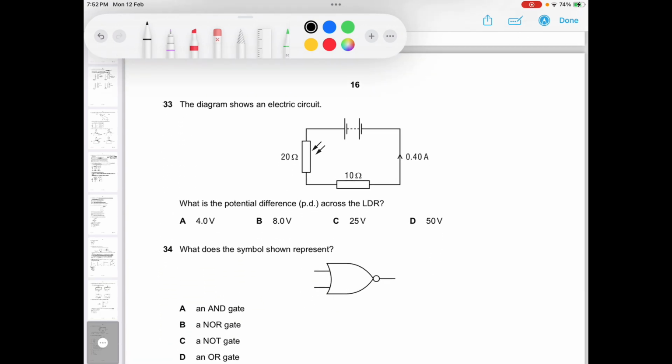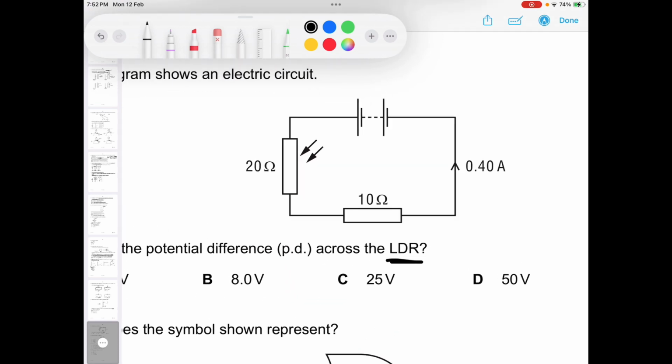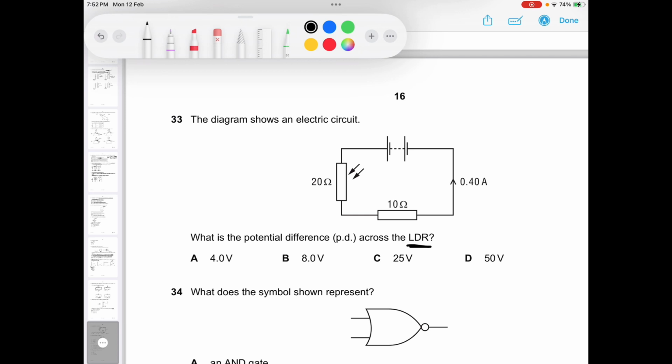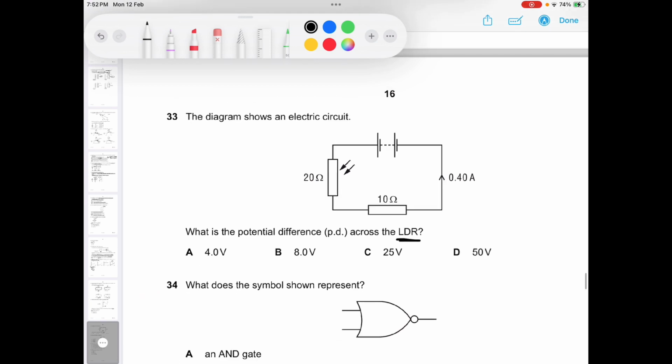The diagram shows an electric circuit. What is the potential difference across the LDR? Where is the LDR? This is the LDR. Okay, so first of all, let's find